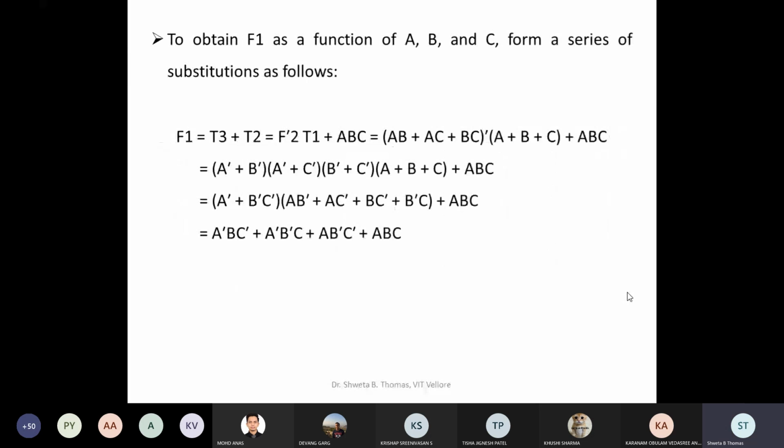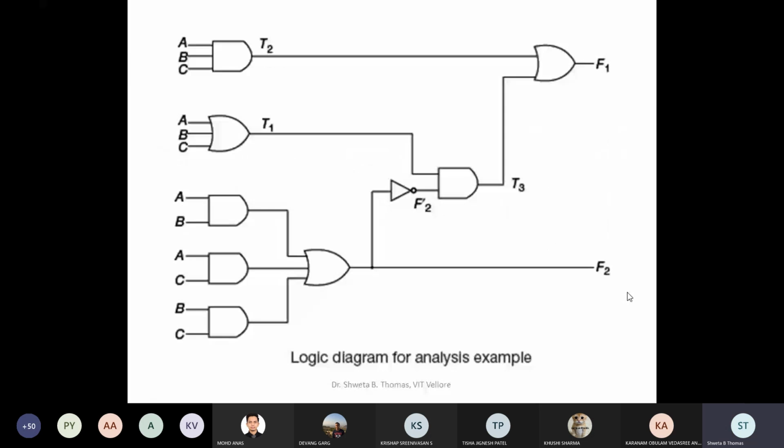Your question is correct. In this circuit, we have outputs F1 and F2, so we are only concerned with these. But I will suggest that when you get the Boolean expression, better you write the separate expressions directly. Do not jump to the final one, as there is a possibility of mistake. So just go one by one. But in the truth table, if you write the direct answer, that's okay, no issue.